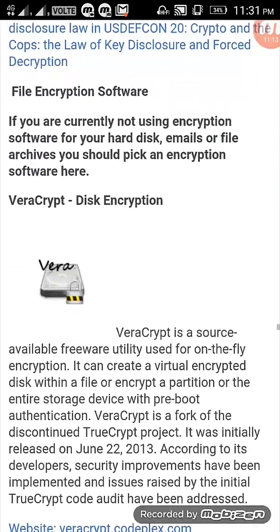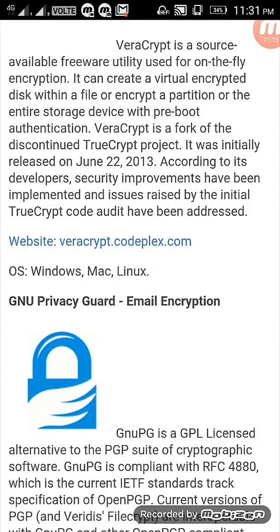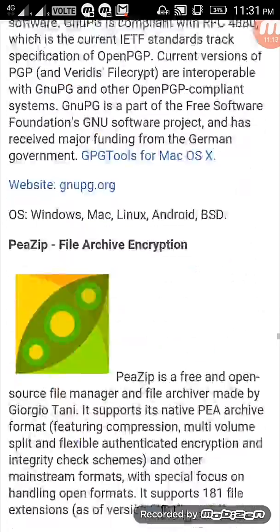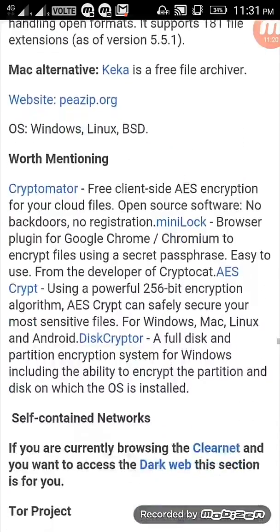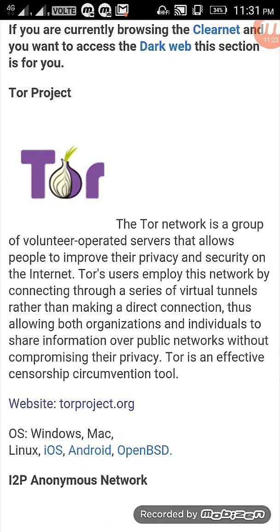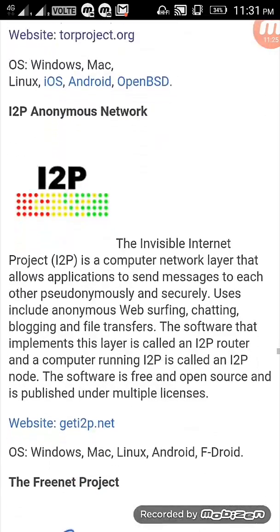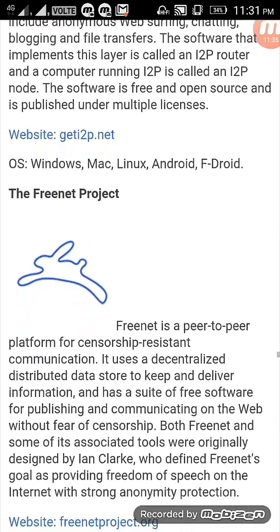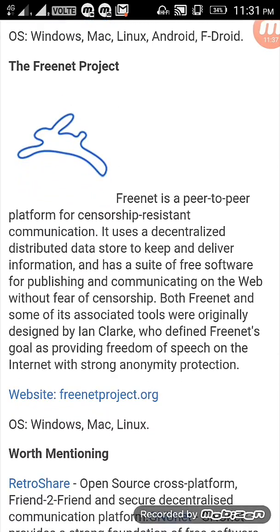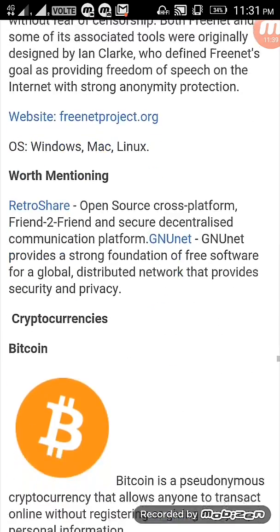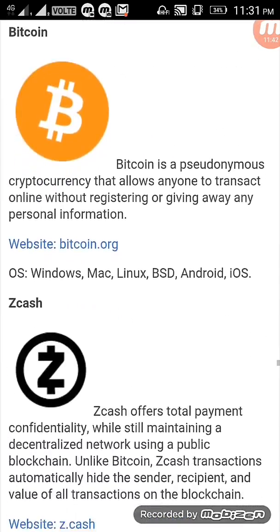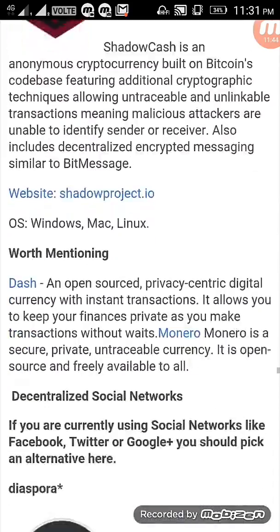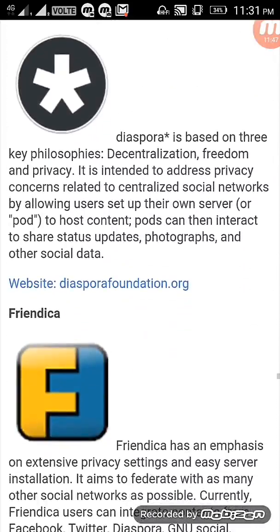So now moving forward, I want to show you the email encryption options I told you about before. We have given more links, some about the Tor browser. You must be knowing about the Tor browser. You can see this I2P project. These are some of the main projects working on this, and they are very good. Further, they will give you very good services. You can check these projects listed in our blog. Moving forward,